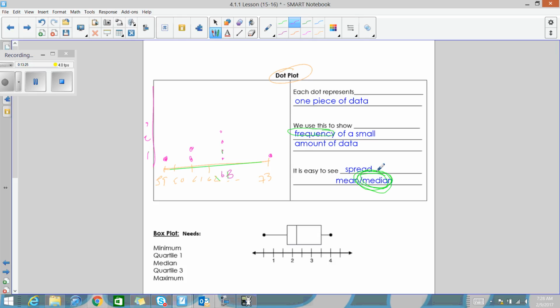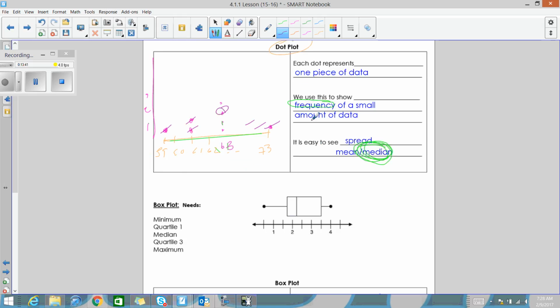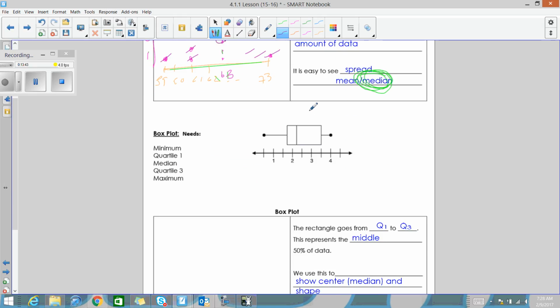The median's really, really easy because you can count and cancel out: low, high, low, high, low, high, until you're left with your last one. So it's actually really nice to be able to find the median from a dot plot. Very difficult in a histogram. But the best one here, that we're going to be spending a lot of time on, are box